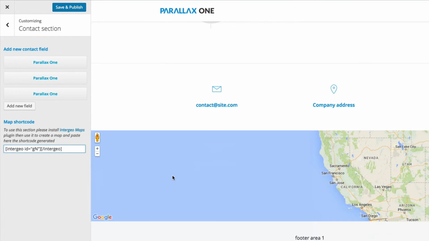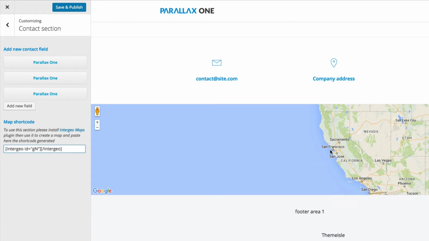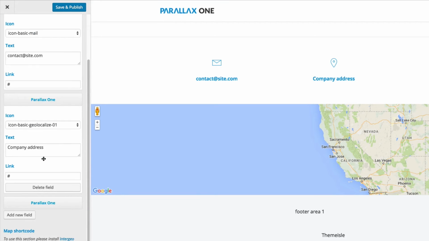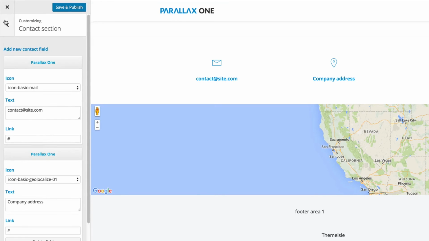And if we scroll down, you'll see that the map is displayed underneath the contact info. And if you need to change any of this contact info, you can go ahead and do that by changing the icon, the text, whatever you need to change. Okay, so let's go back